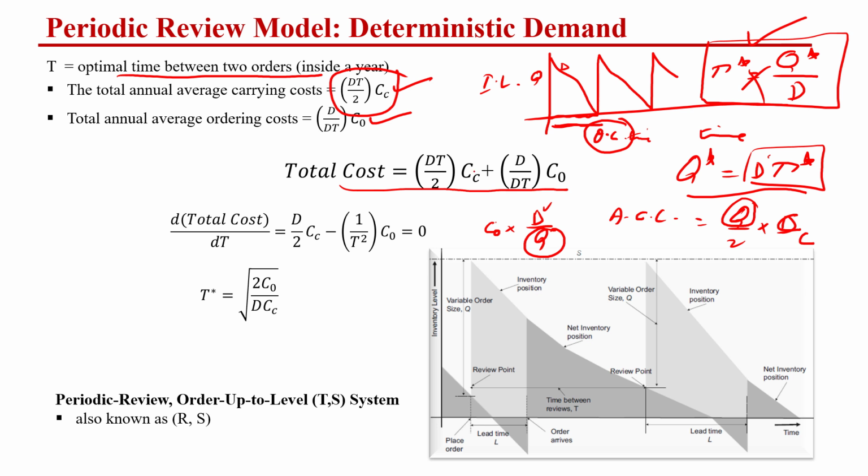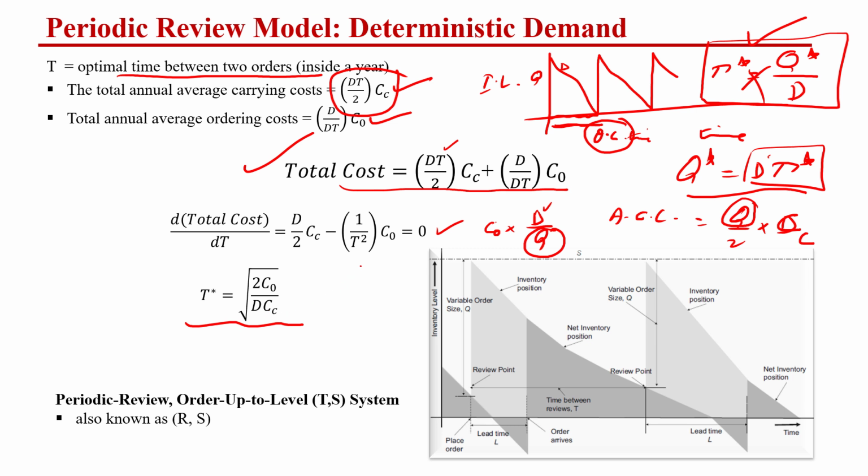So in order to find out the optimum order time, we are using the same idea which we have used in the basic EOQ model. Because this is a convex function and it is continuous with respect to t, we are going to take the first order derivative with respect to t and set it equal to 0, and we get the optimum order cycle time, which is equal to square root of 2 into C naught